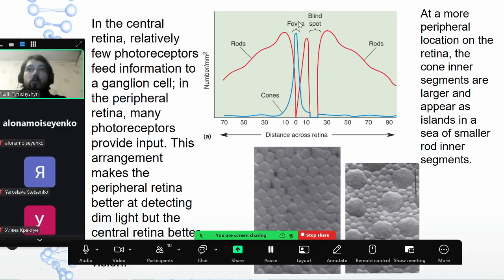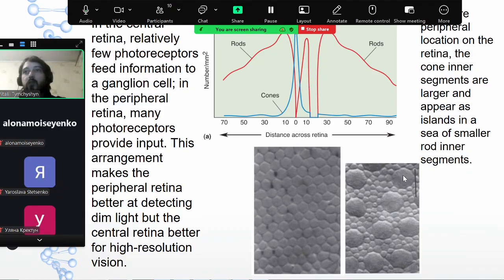Moreover, looking at this plot, what you can see, first of all, here is the fovea. That's the place where you have most of the cones. So this micrograph showed exactly this place. So you have many cones here, and almost no rods. In other places, you don't have so many cones, but you have a lot of rods. So on the periphery, you will see something like this. This is a typical picture for the periphery. So here you have cones, and here you have different rods.